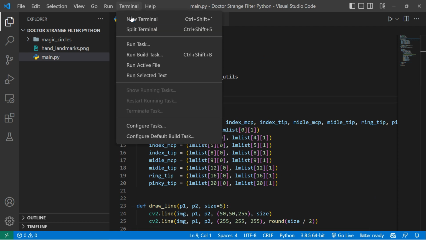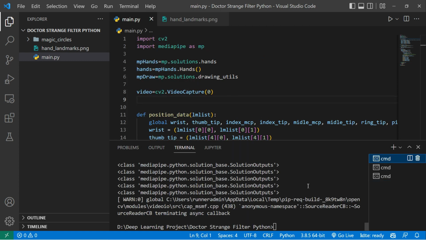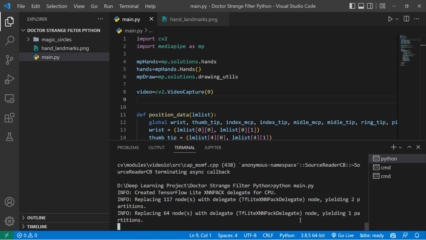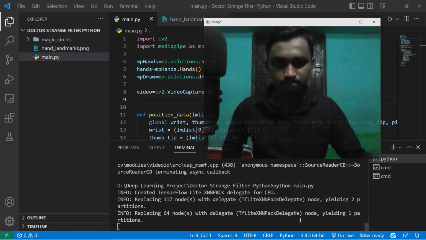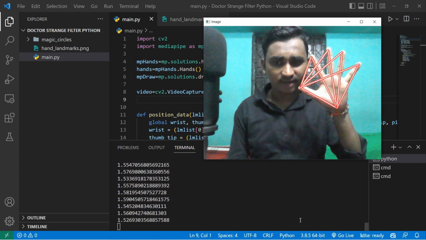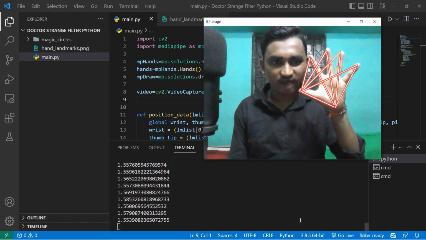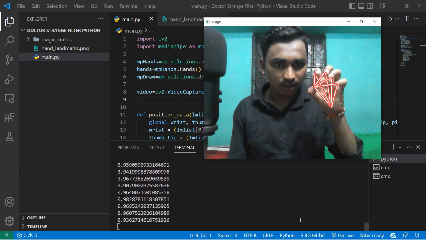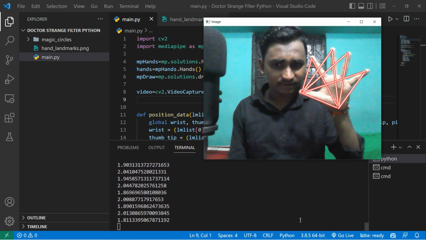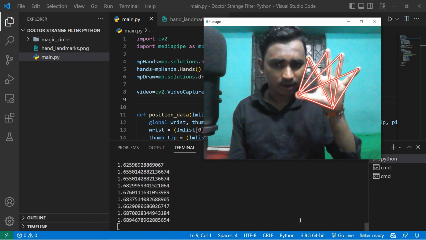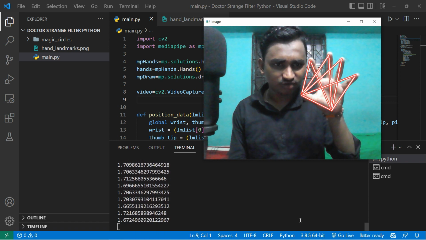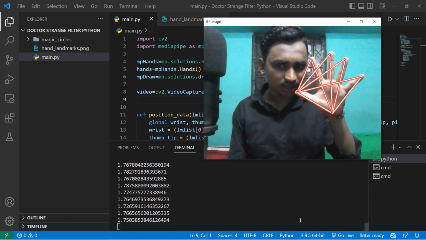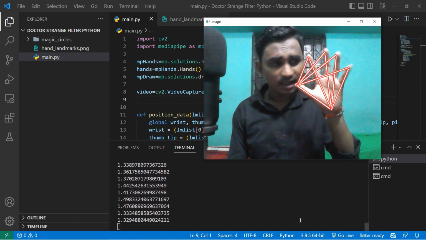So now let's run the code here. Let's say python main.py. Well, you can see right now the value is 1.5. If I decrease it, you can see 1.0. So when you are trying to make it full, that means if it is greater than 1.5, that means 1.3, like that. So we are going to make it invisible, and after that,